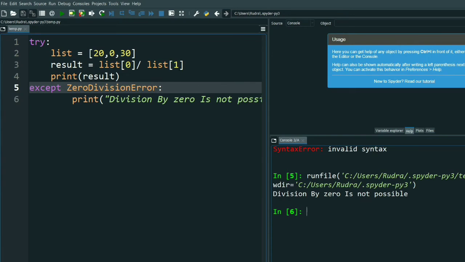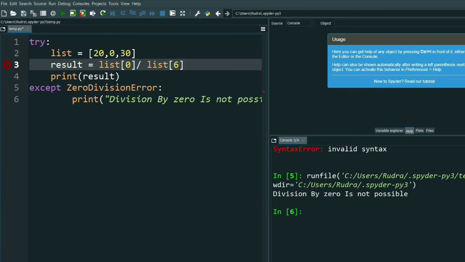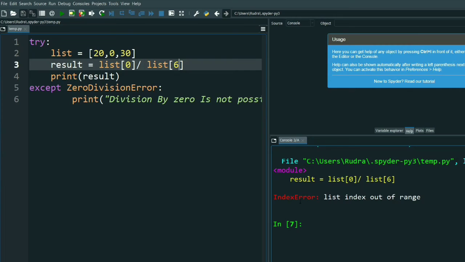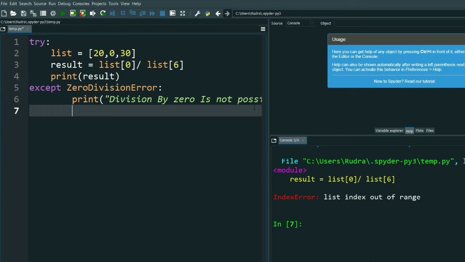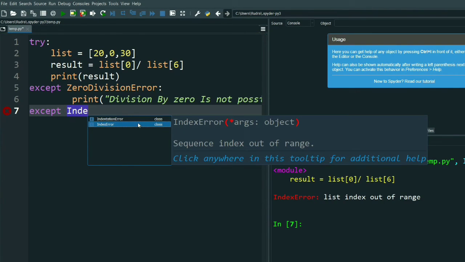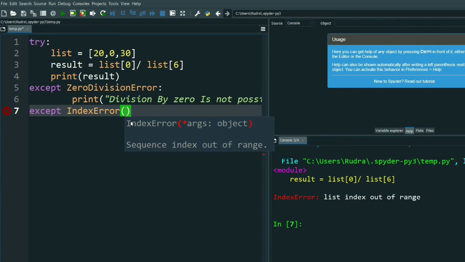Suppose now I give a 6 here. Now see, it is not printing because this is an index error. So there is also a way you can handle this. You can write here except index error.